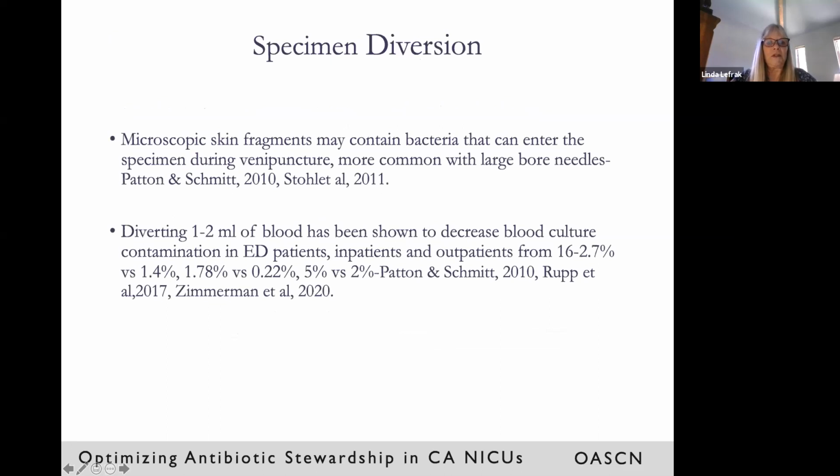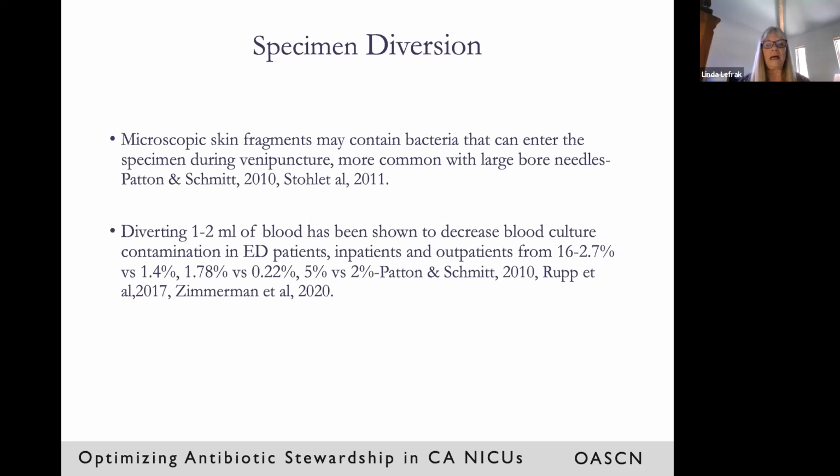So specimen diversion, just a moment about that. The theory is that there's a potential for a microscopic skin fragment to contain bacteria, and more common if a large bore needle is used. So the concern is that in venipuncture, there can be a contaminant from the skin and not actually represent an